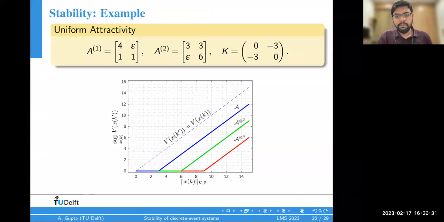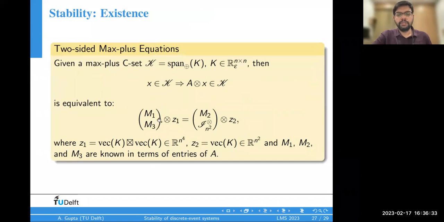And there are algorithms to show that if a finite solution exists, then we can prove the existence of this particular common invariant set. Again, this is just an existence result. This is not an optimality. There is no optimality involved, so it might not be the smallest one, let's say.